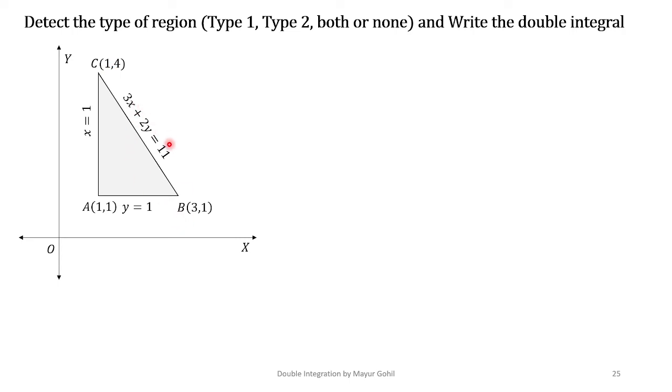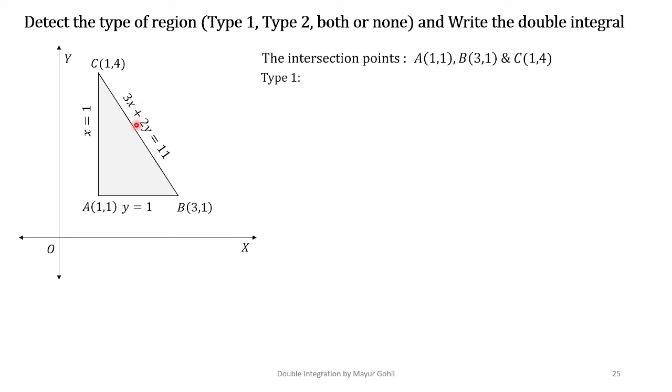So you need to find the intersection points when the geometrical conditions are given to you, or the equations of the curves are given to you. Okay, so you can find out those intersection points. Once you have found the intersection points, you move further to check whether the integral is a type 1 region or a type 2 region. Now, the intersection points we have found.